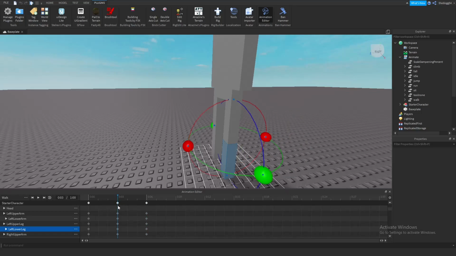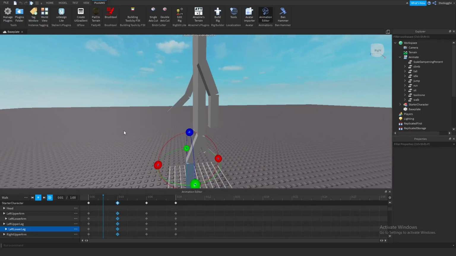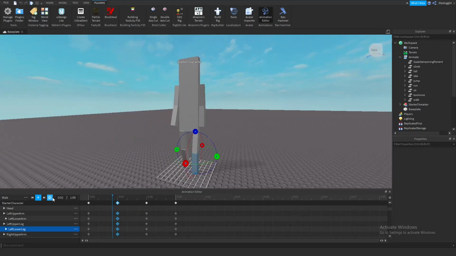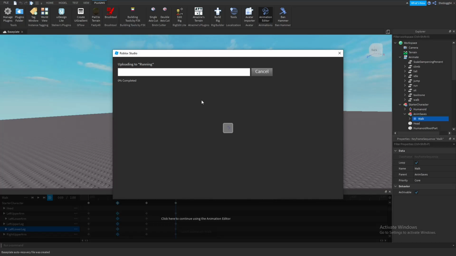Okay, and then we're just going to copy this whole keyframe, paste it at 0.9, make it loop, and if we watch, looks like our character's running. It's really weird looking and really fast, but whatever. So you want to toggle that on. You want to go here, go to export. Just do it as running. I already had this in here, but whatever, it doesn't matter. So copy the code,